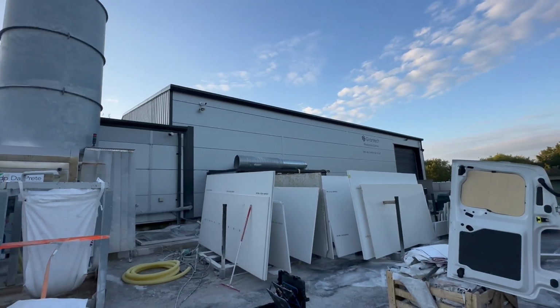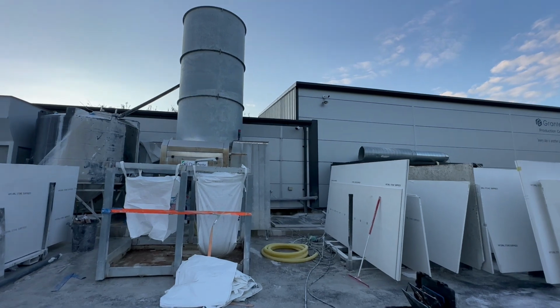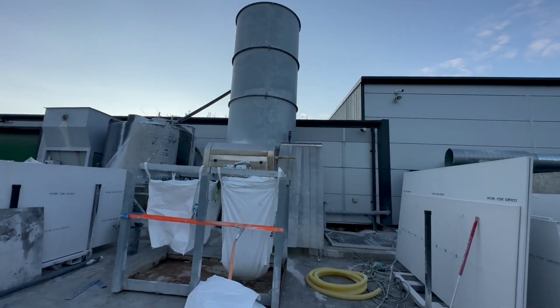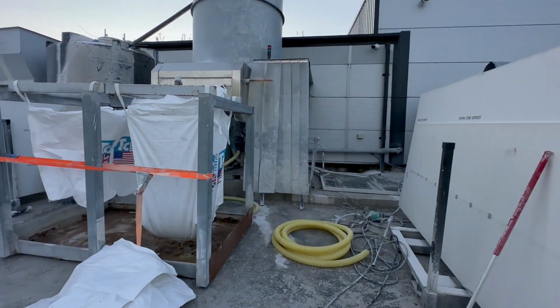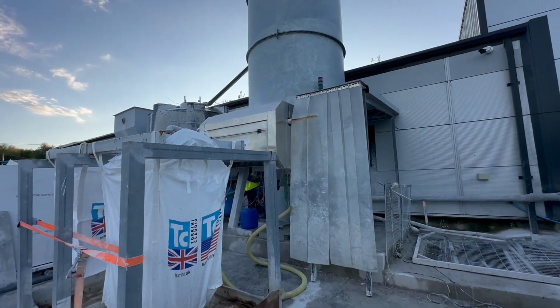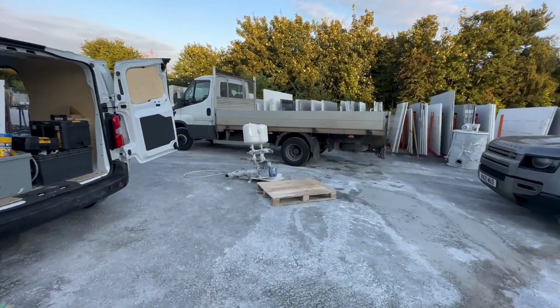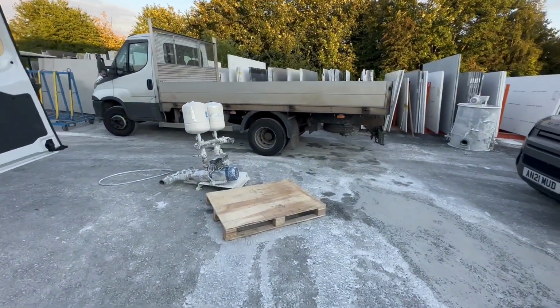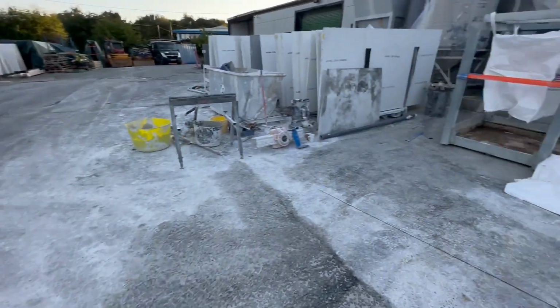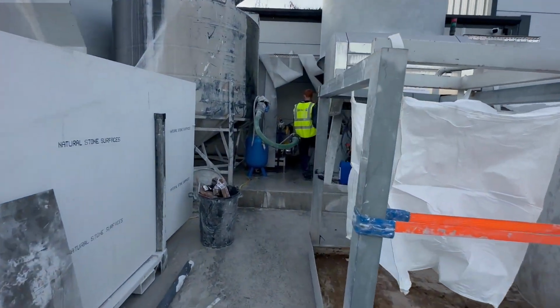So we're here at Grand Tech, which is now owned by Natural Stone Surfaces, and they have a water treatment system in here, which is not one of ours. And the customer has been down for 2 days, having problems with this pump group. They asked us to come and sort out the job for them, so we have